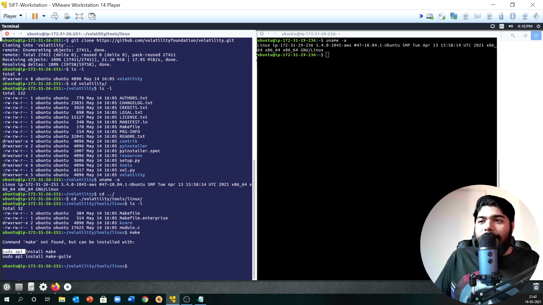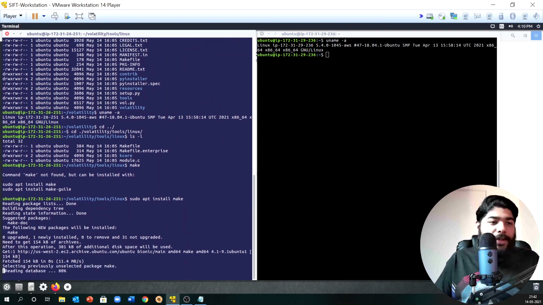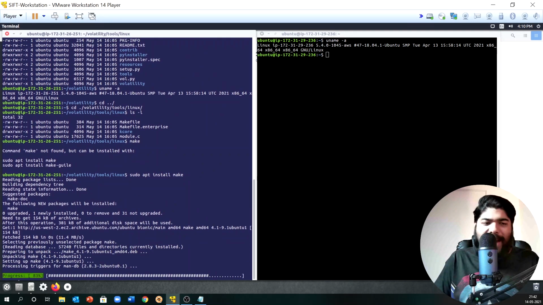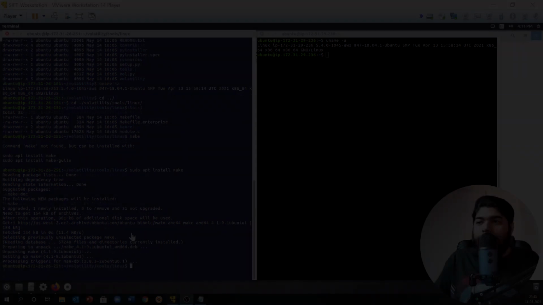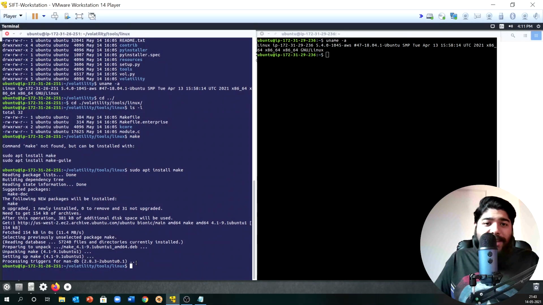So we can simply copy this particular command and install make. Again, remember, I'm showing everything from scratch, so the machine is fresh and you need to download some other dependencies. You see my make has already been installed. Now there are some other dependencies we also need to remember.